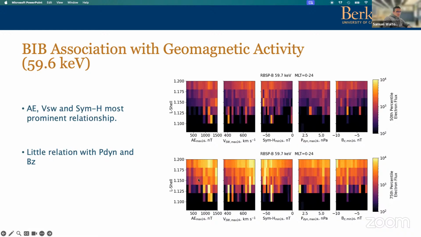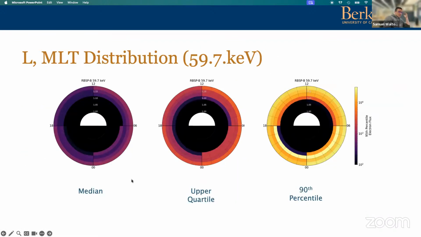So we decided to focus on AE, which we'll come back to in a minute. But the second way we wanted to look at these fluxes was the L versus MLT distribution of the actual fluxes, as opposed to the events that we looked at earlier, which again, puzzlingly, is different to the distribution of events that I showed earlier with the perigee passes. What we've got here is for no particular geomagnetic activity. Nothing to do with AE or anything like that for now.